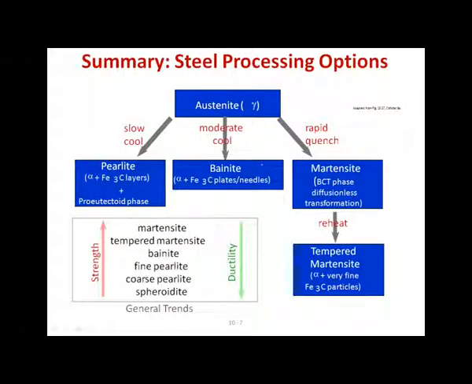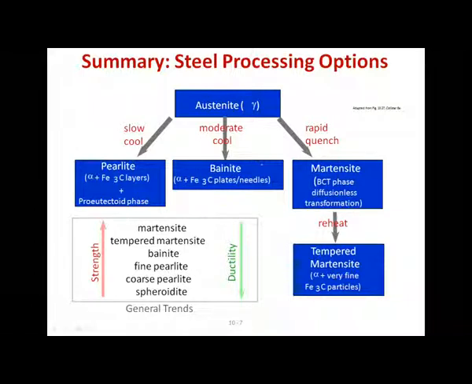Okay, so summary. Our steel processing options. This is what I said at the beginning. We start with austenite. We heat it back into the austenite phase field. It erases the alpha and cementite microstructure. The carbon rediffuses into the hole. It takes some time, so we hold it up there. So now we just have FCC iron gamma with carbon inside. Then if we slowly cool it,